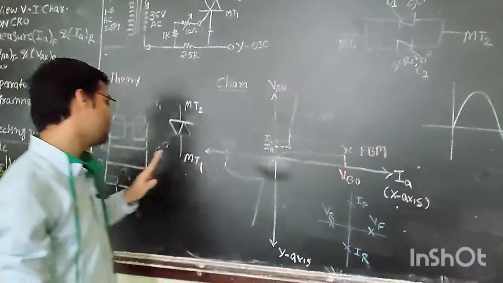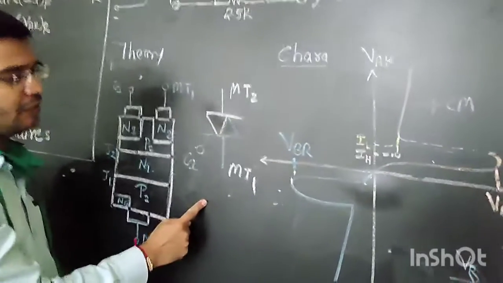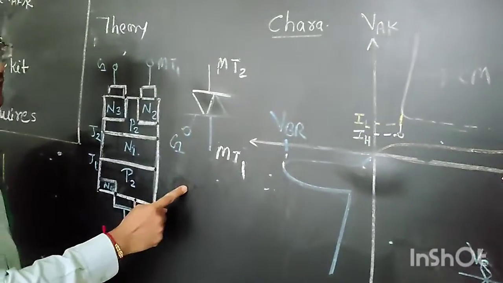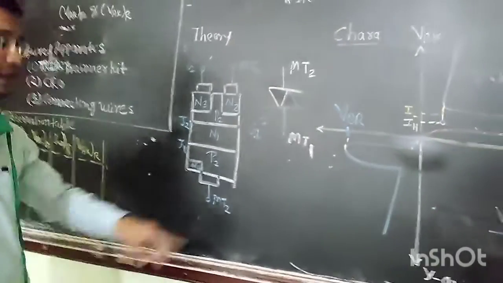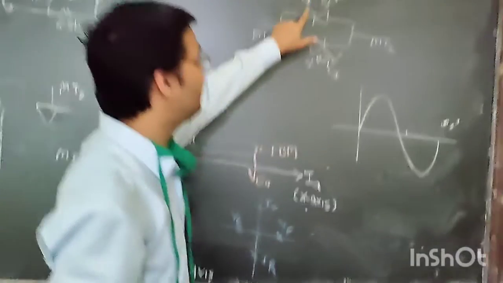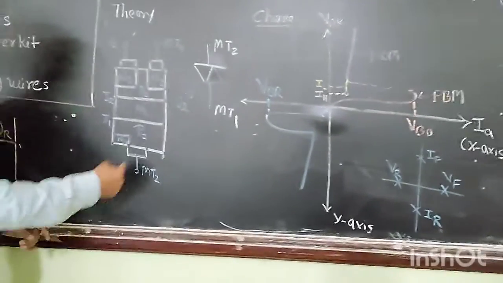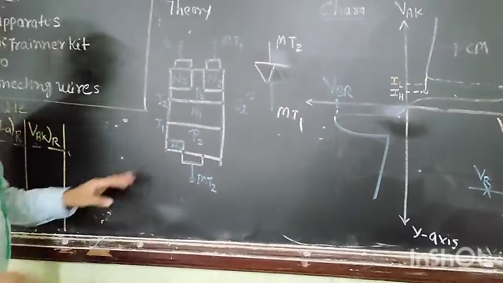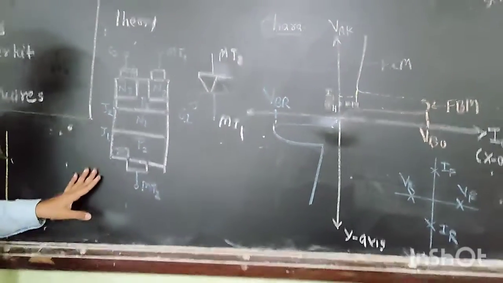Now we want to show the symbolic representation of the triac. This is the symbolic representation, and the triac is also a three-terminal device: MT1 terminal, MT2 terminal, and the third one is the gate terminal. The gate terminals of the two SCRs are connected to each other and make one terminal point. And this is the constructional view diagram of the triac. Here I am not explaining the construction view; it will be explained in your theory lectures.